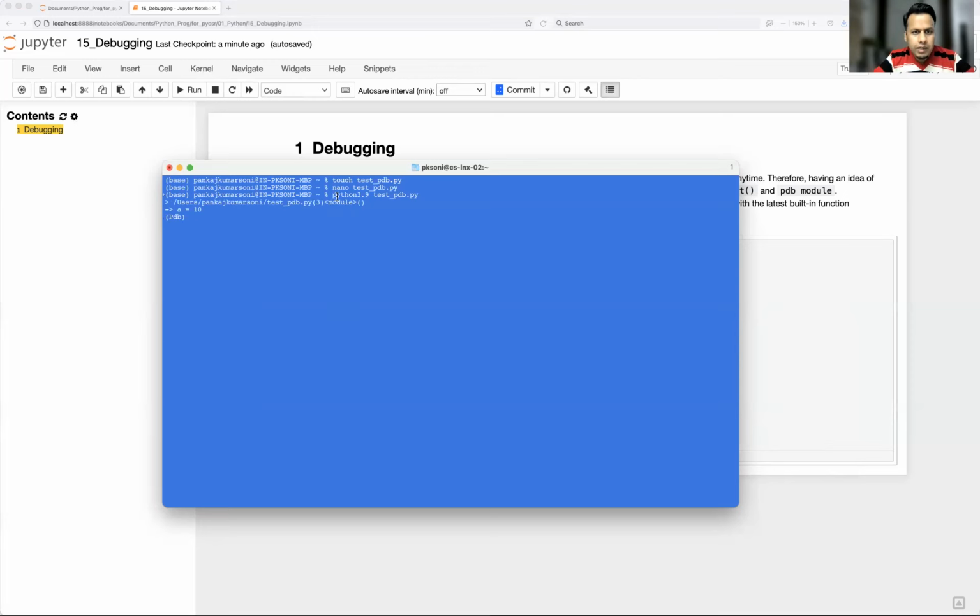You see, whenever I start executing, it gives me the line number and where exactly the module is. Currently my pointer is at a particular line, right? I'll show the code as well.